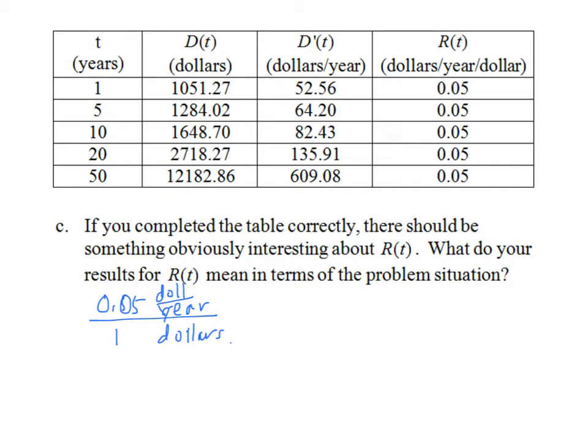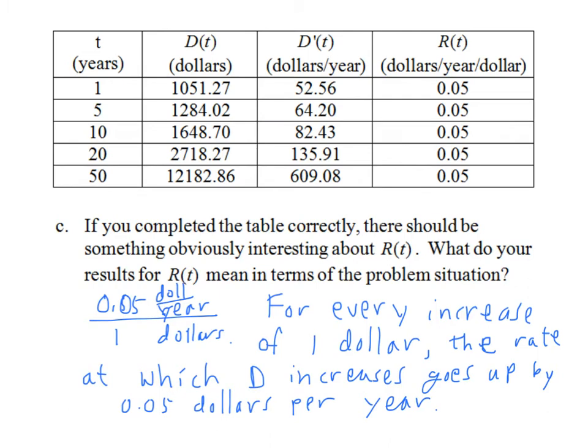Okay, so did you write something like this? Once again, you'll see I'm using both the numbers here, 1 and 0.05. I'm using the units that are given, and I'm also determining whether these values are increasing or decreasing. In this case, since they're both positive, we can say for every increase of $1 in the amount of money,